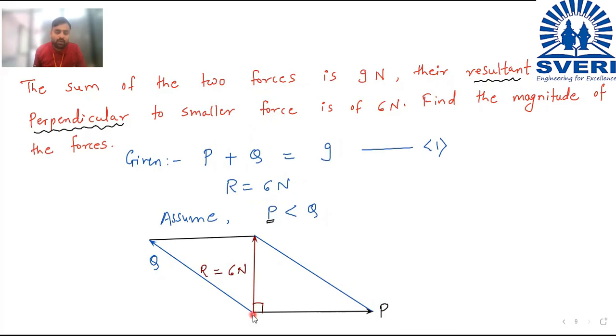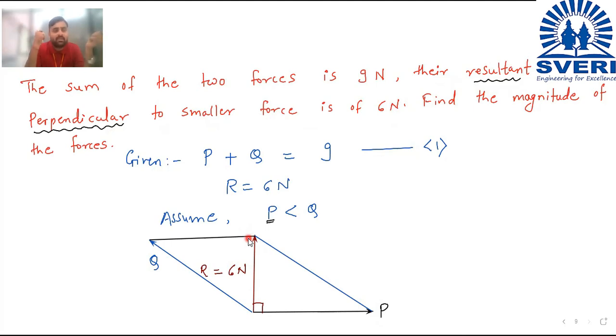So first of all, I have drawn this force P. Then the information about the resultant is with me. I don't know what the angle theta is. Is theta given to you in the problem? It is not given. The angle between P and Q is not given to you. So you cannot draw Q directly here. But they have told us the additional information that the resultant is perpendicular to the smaller force. So what I did is I drew the resultant perpendicular to this smaller force.